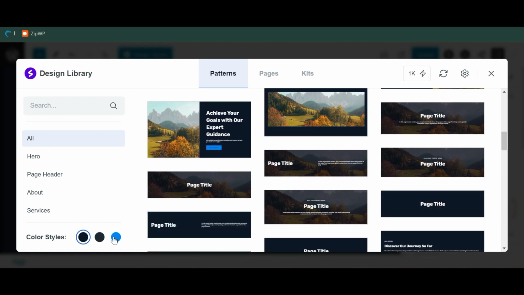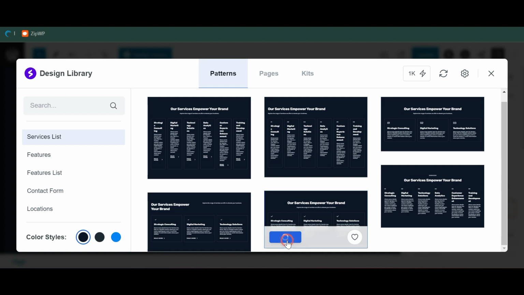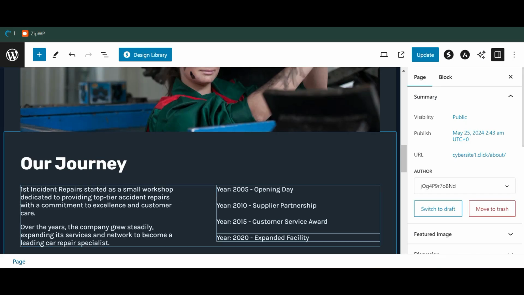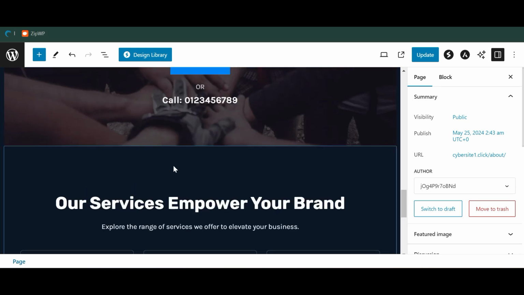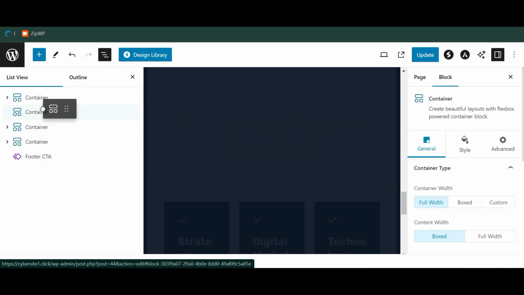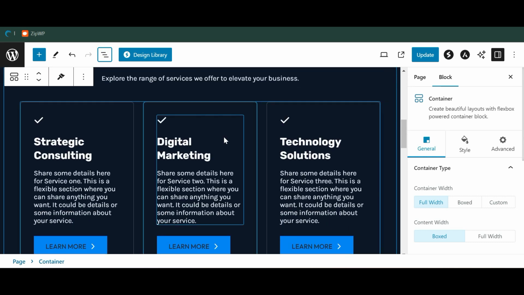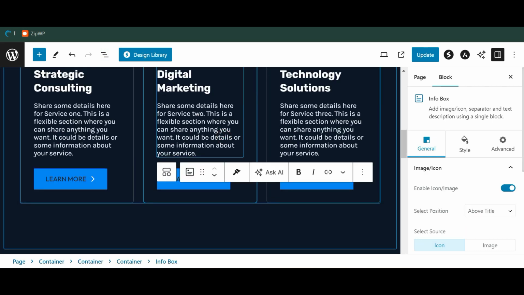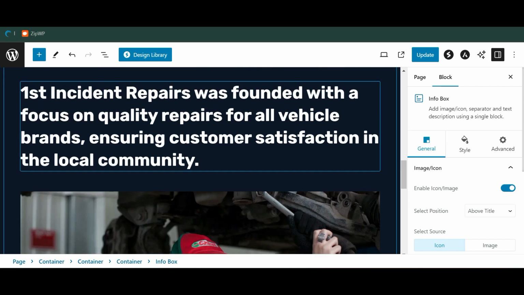So you're able to choose the color palette, and for example the services list or features list, you can just select from here. If I want this, for example, I can click insert, and the beauty is it would automatically insert all of this for us, and I can just drag this over if I want this higher. So I want this over here, so I'll just drag that over, and you can see, it's plenty of options to add all of or any other additional sections that you want, change this icon around, and pretty much